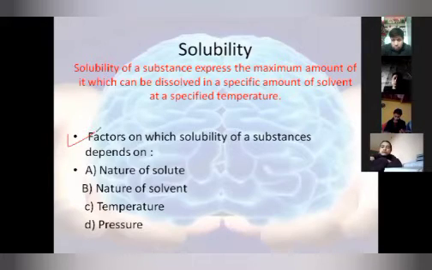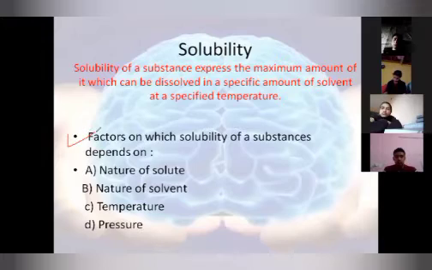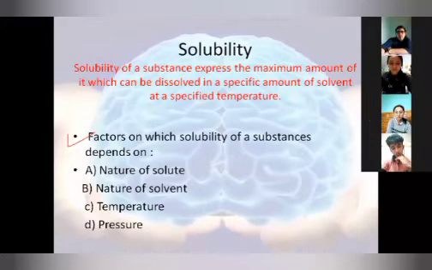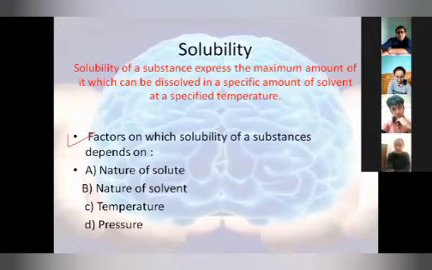So there are different factors that affect the solubility of a substance. Yesterday I showed you one activity in which I dissolved salt, turmeric, and milk. Can you observe which solute was dissolving very fast? Yes, sir, milk. Why? Because both the solute and solvent were in the same state, liquid in liquid. Whereas salt and sugar are solid in liquid. This is also a factor called nature of solute. First factor, nature of solute.